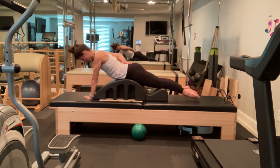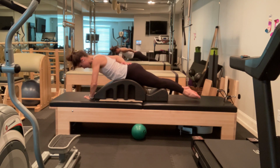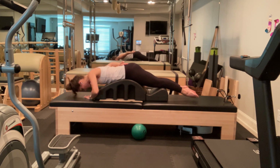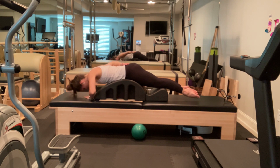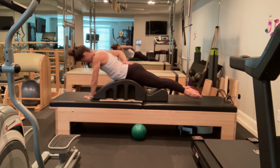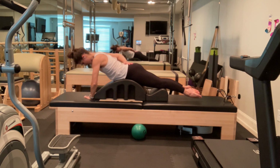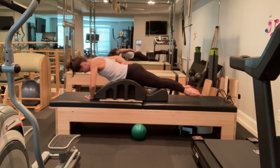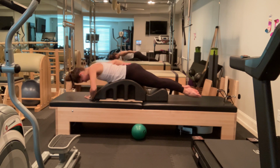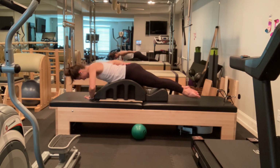I'm going to press up and lower. My hand is angled in as well. So I'm not squeezing in anymore, but I am trying to maintain my body so that I'm not shifting to one side. Again, neutral spine up and neutral spine up. I'm going to come back down around with the barrel, so not quite neutral. If at any time you feel like this is too much on your hip bones or pelvis, go ahead and